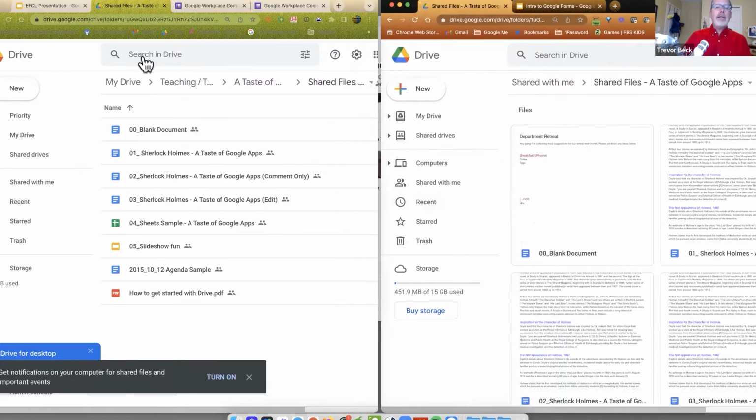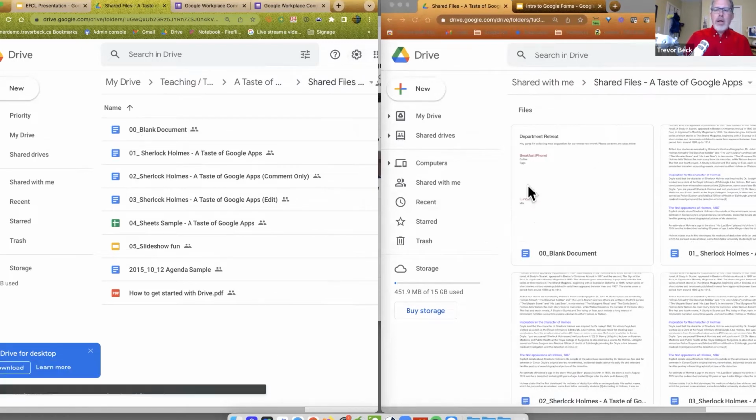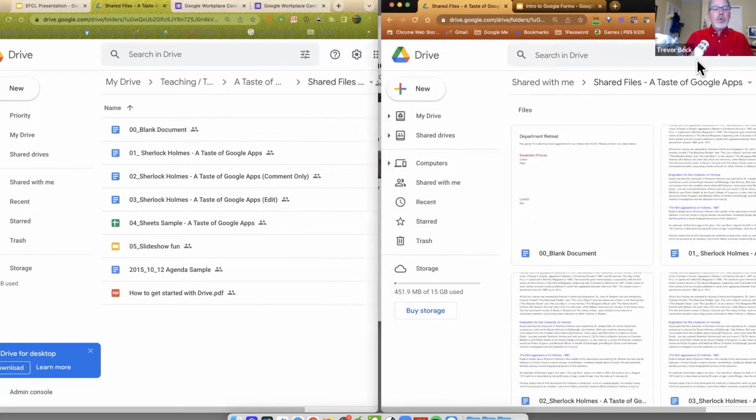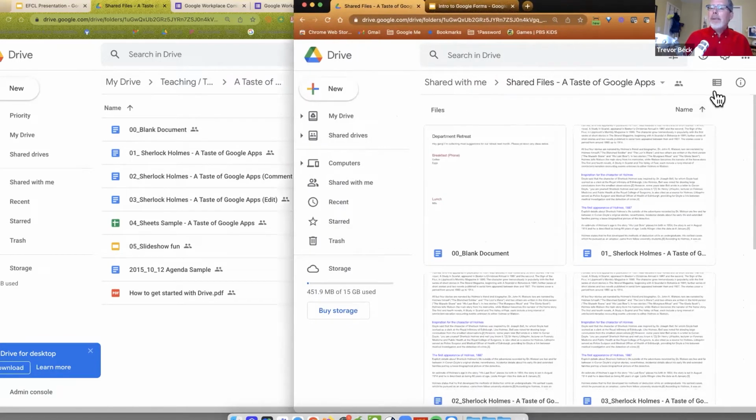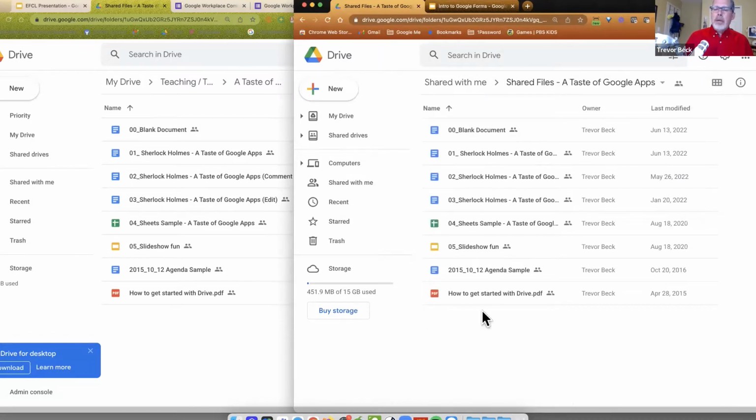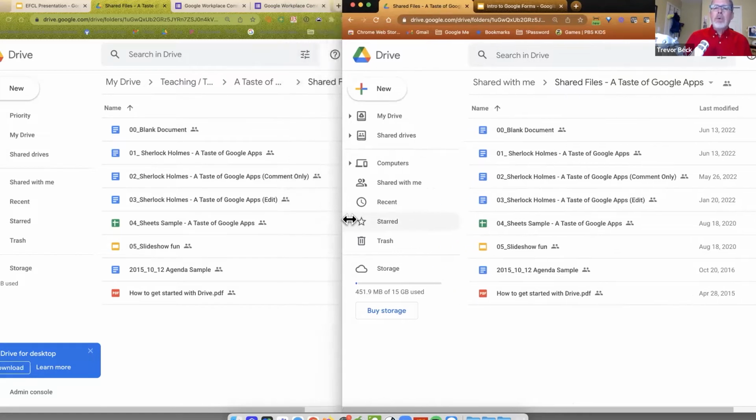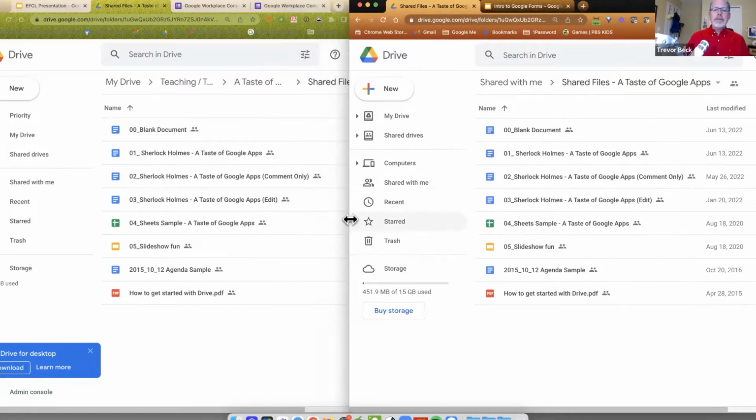On the left-hand side, I've got my work account or my education account, and on the right-hand side is a personal Gmail account. I've created a shared folder that is available to everybody. On the right-hand side, if your view looks like this, up in the top right-hand corner, if you click on this little box, it'll put it by text only, which makes it easier to read the words and work with that. That's how I prefer to do things.